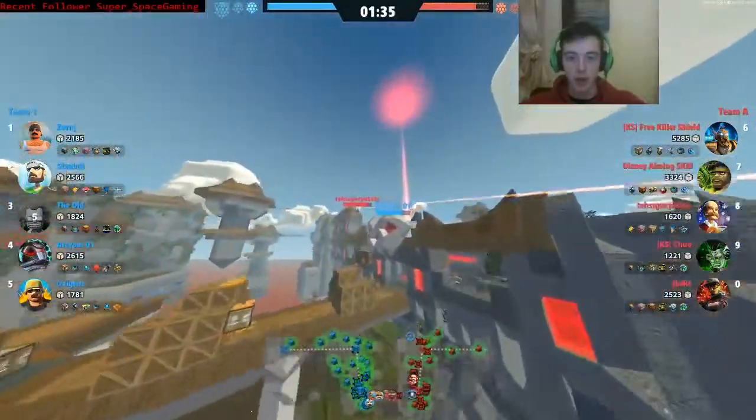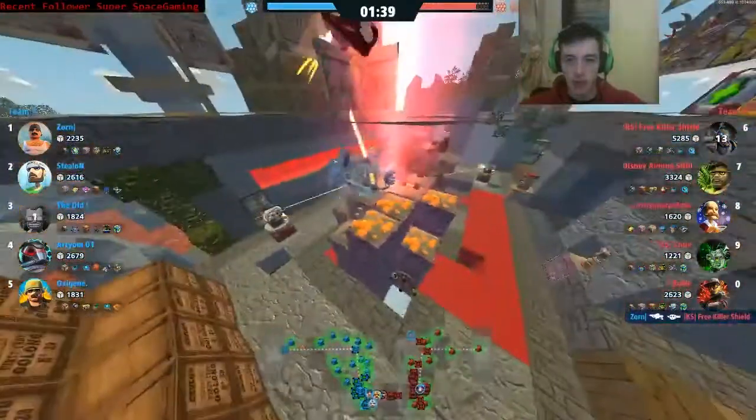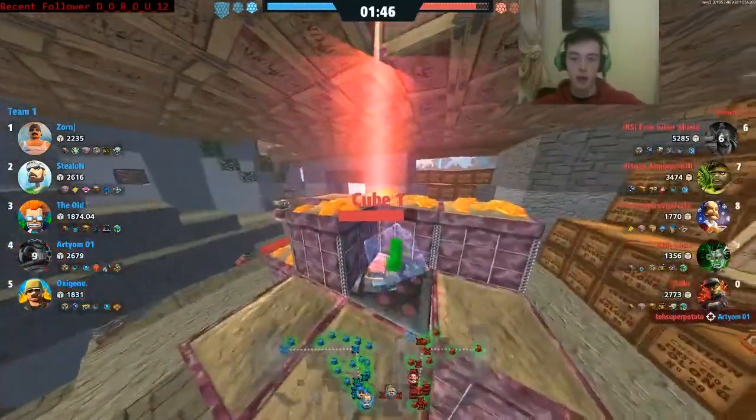Meanwhile, what do we have here? Artie, ignoring all of his enemies and going in straight for cube damage. He's going to drop himself right down. And is he going to get any cube damage off? No, he's not successful in doing that, but he does break one of the...